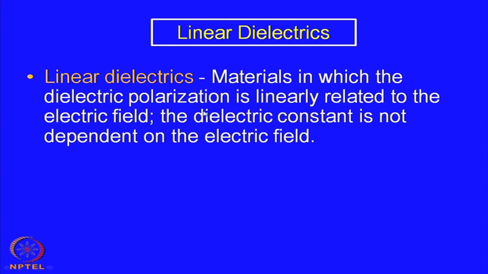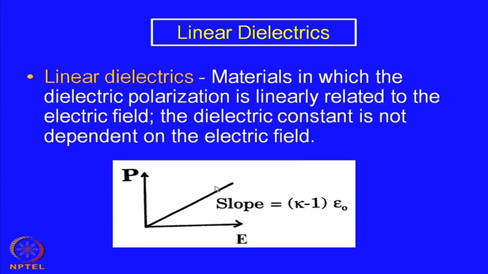These are a group of materials in which the dielectric polarization is linearly related, or proportional, to the applied electric field. The dielectric constant is not dependent on the electric field. So, the proportionality is basically the dielectric constant, and therefore, because of this linear relationship,